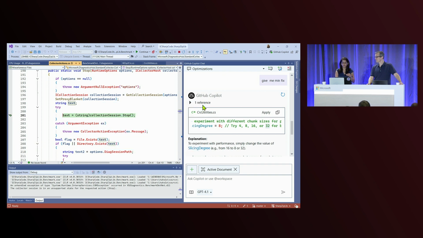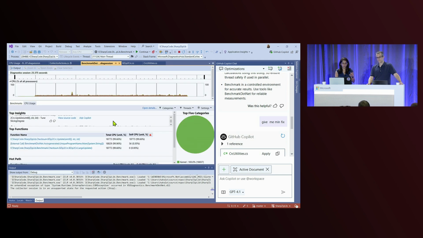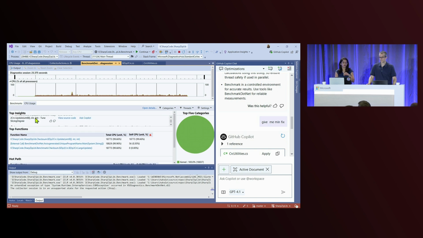So in short, what I wanted to show you here is you can use a CPU usage summary page in general, with the top functions and the hot path, to improve your code performance. But in addition to that, if you want to go deeper, you can use the top insights provided by Copilot, go deeper into that particular insight, get some Copilot suggestions, and then try out to see if you can optimize your code's performance further. So that's all the demos we had, even if it didn't work. We saw a lot of different things today, so I just wanted to give you a quick recap.